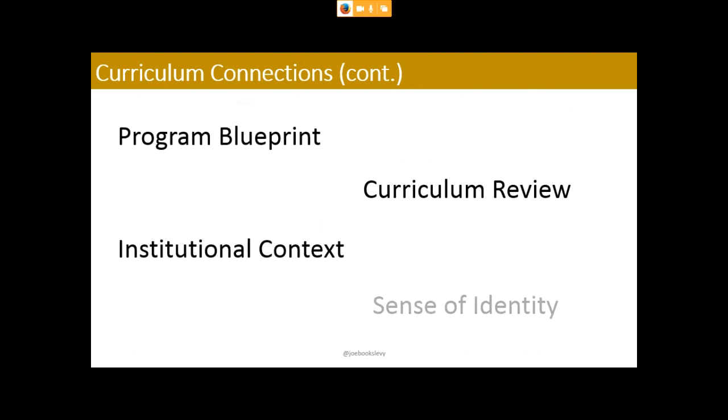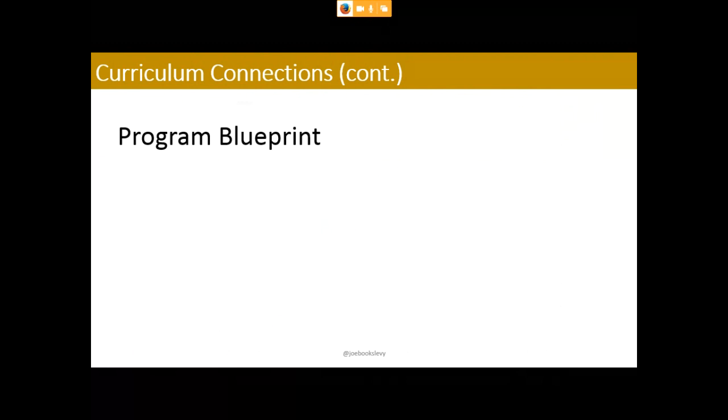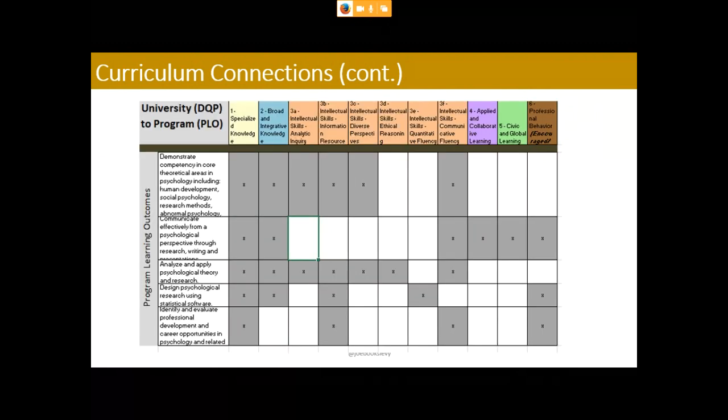So like I said before, the curriculum connections have a lot of value. Again, like the metaphor I used before, it's a program blueprint. It provides an opportunity for curriculum review. It gives institutional context and sense of identity. And one of the things too that I think is pretty neat, that I started to mention this before and cut myself off,